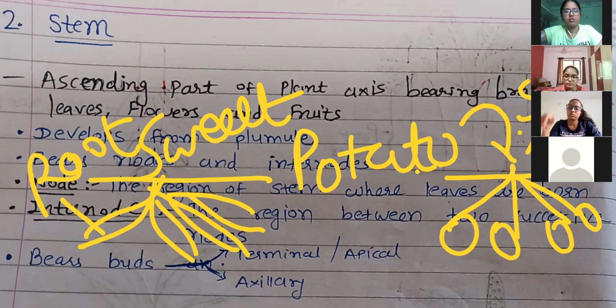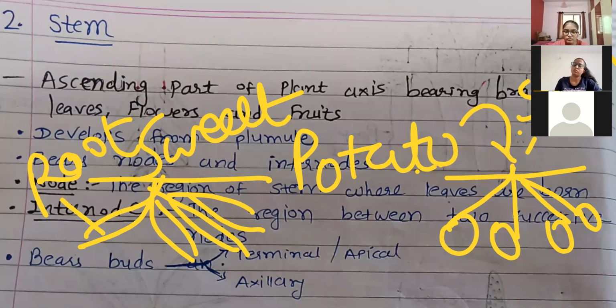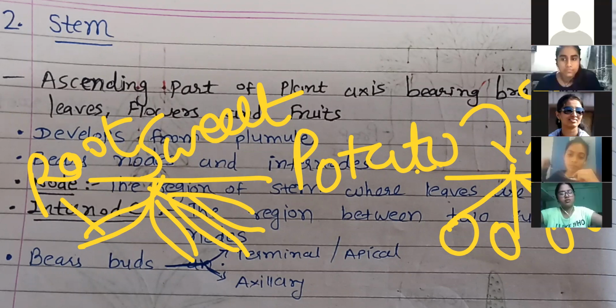How can we say that? One thing, both grow inside the soil, whether it's a potato or a sweet potato. But how can we say that? So potato is a stem, but sweet potato is a root. Can anyone explain to me on the basis of which features we can say that potato is a stem and sweet potato is a root? If it is a stem, which features will it have? Can anyone explain to me?